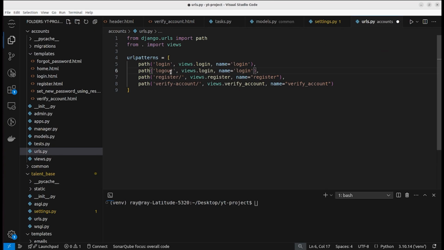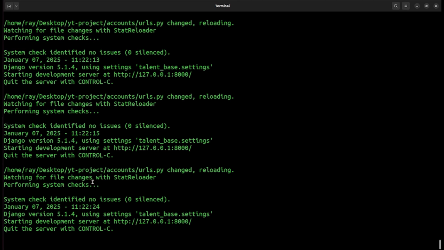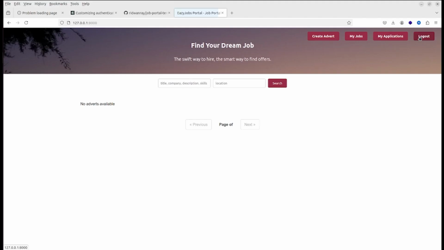Logout: views.logout, and the URL name is logout. Let us check if the server is running. Logout. So we need to update the template